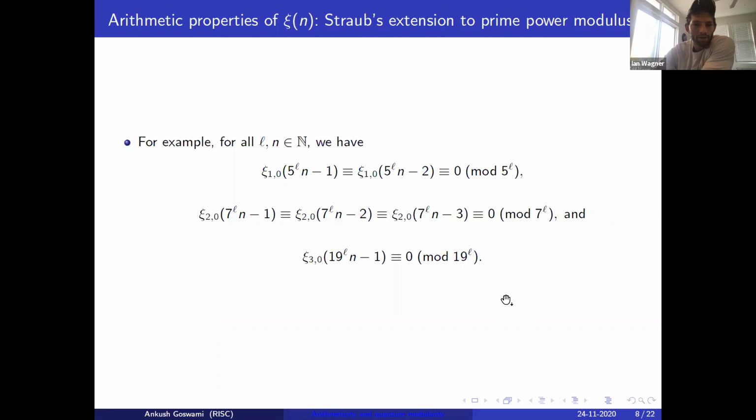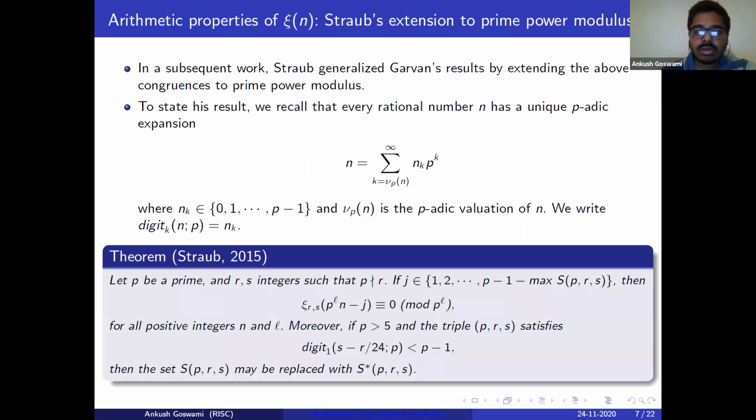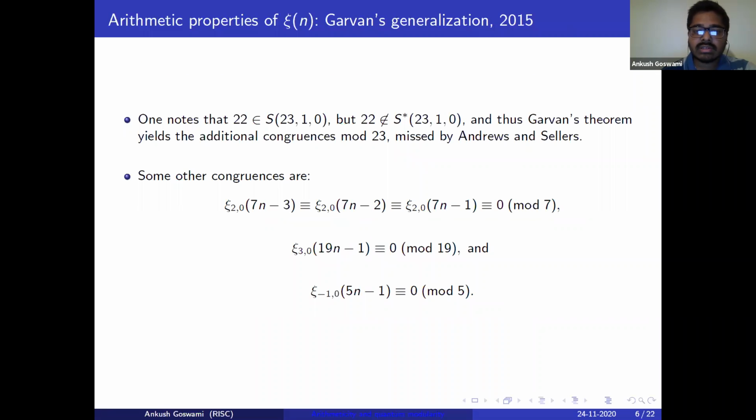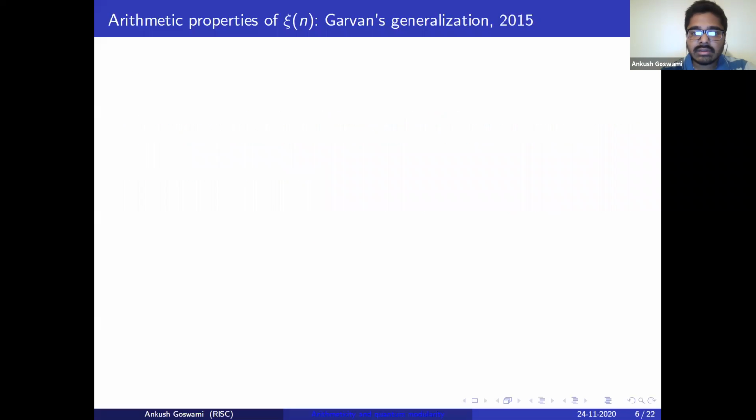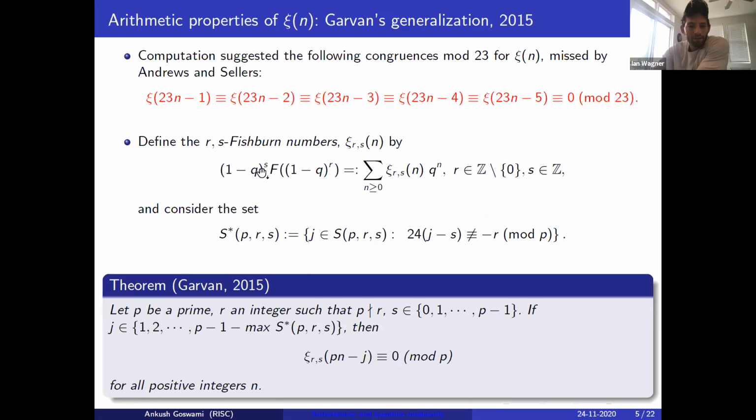I have a quick question, I guess, about these. Do the RS Fishburn numbers have a nice combinatorial interpretation, like these core diagrams or something like that? Not that I know. Yeah, that's a good question. Not that I know. Even if you just put s equals 0, I still don't know if there is any combinatorial description for xi_{r,0}. So if you look at the definition, so this is RS Fishburn numbers. If you just remove this factor 1 minus q to the power s, I don't know if xi_{r,0}(n)